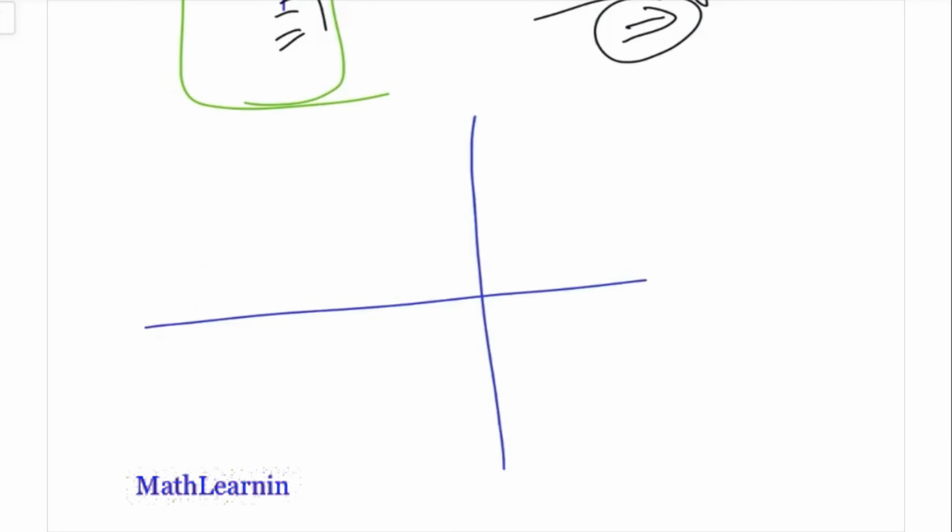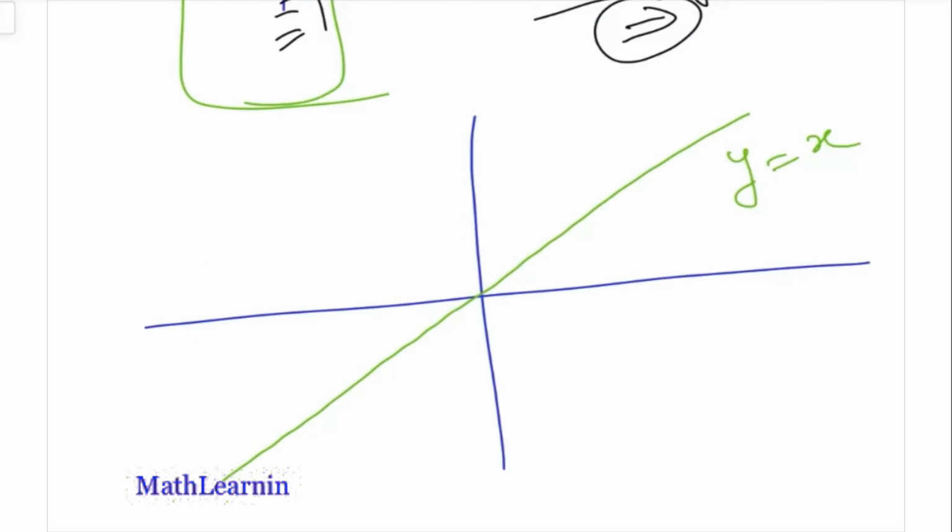Similarly, if you see this as an example, now this is my y equals x. Is it an onto function? Yes. You see that for all these values of y, for every value of y there is a representative here. So this is an example of an onto function.